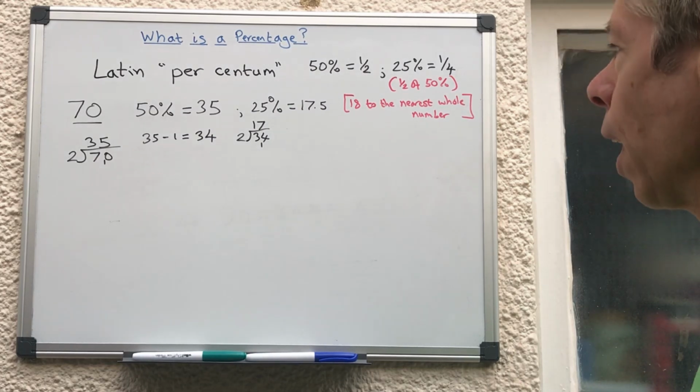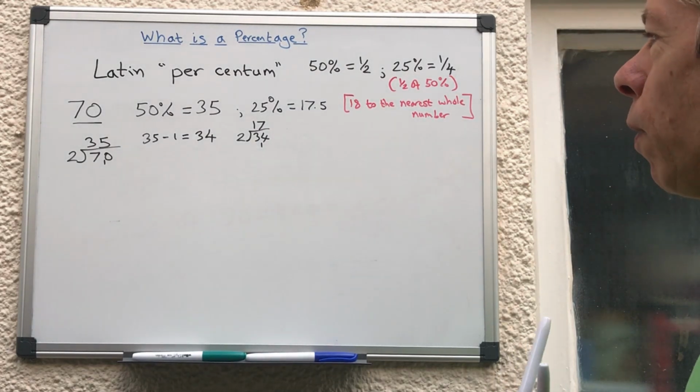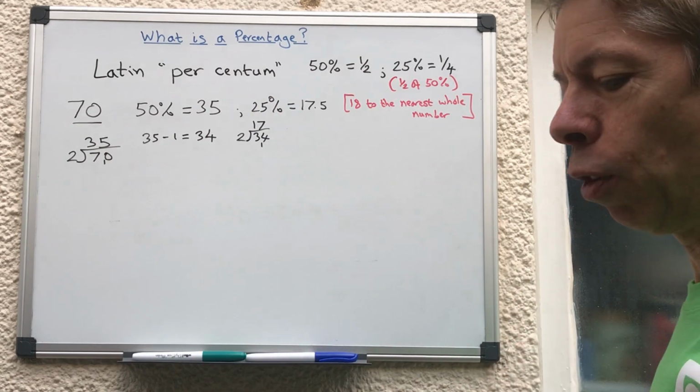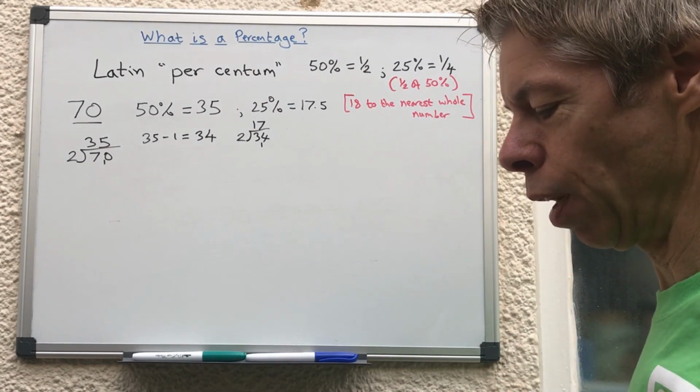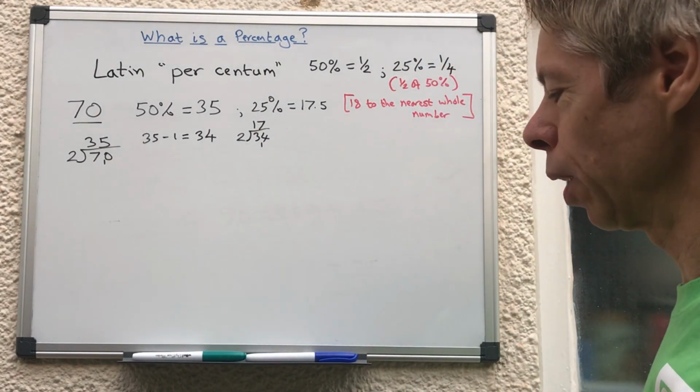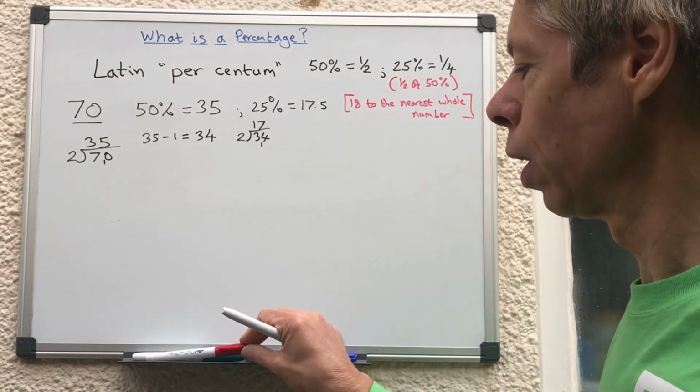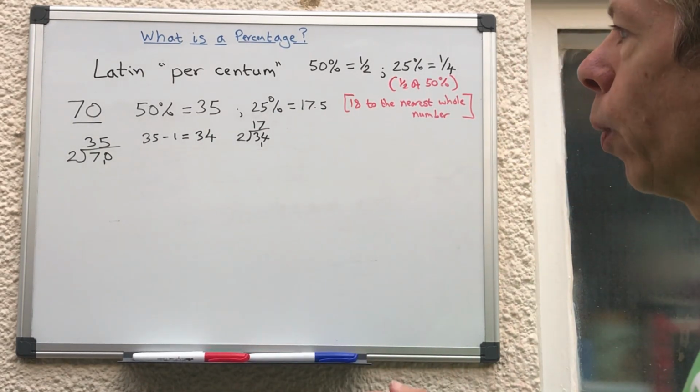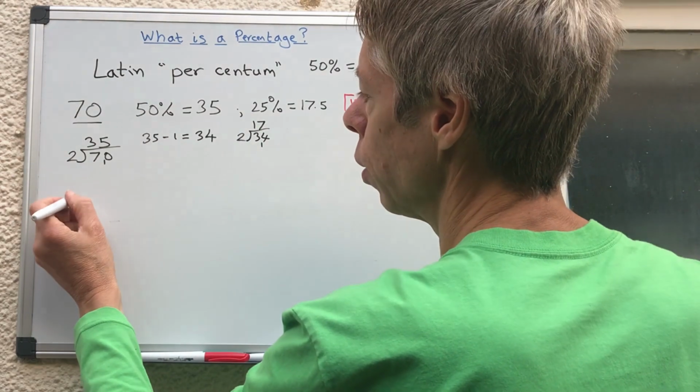worksheets on percentages, and even when I say give the answer to the nearest whole number, a lot of people are telling me that there were 7.5 children in this particular group, which might be rather painful. Okay, so let's just do a few more. We're going to do